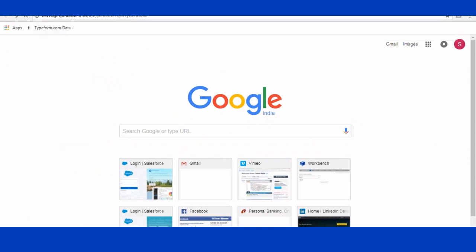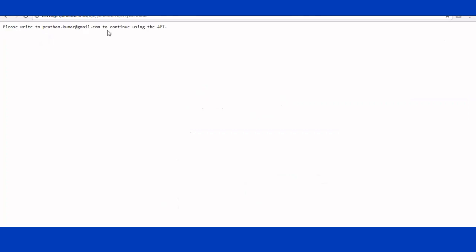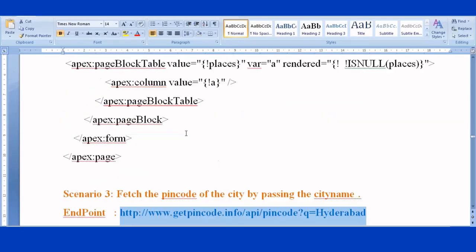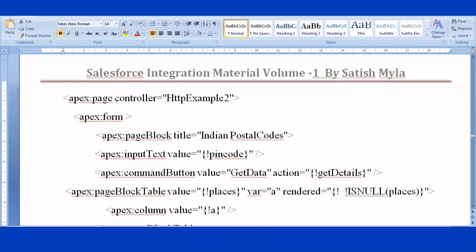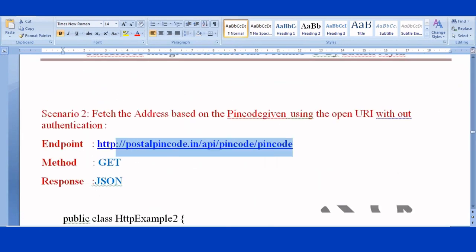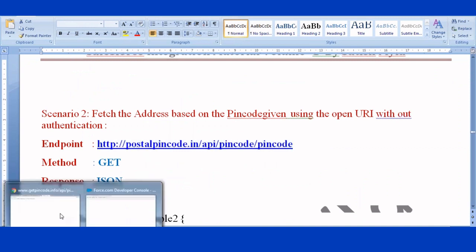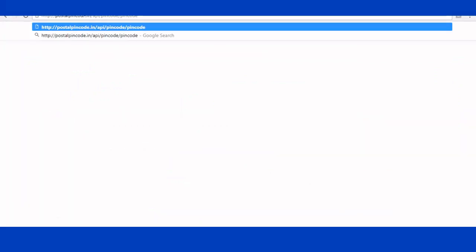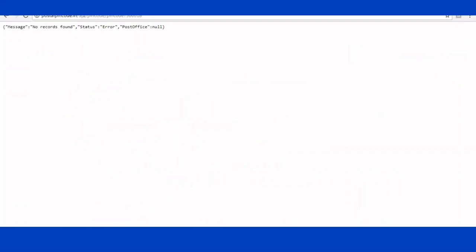If I give the pin code of Hyderabad, if it is not free of cost, they made it commercial, right? Pin code silo. I give my pin code. When I give my pin code, no such type of records found. So pin code equal to